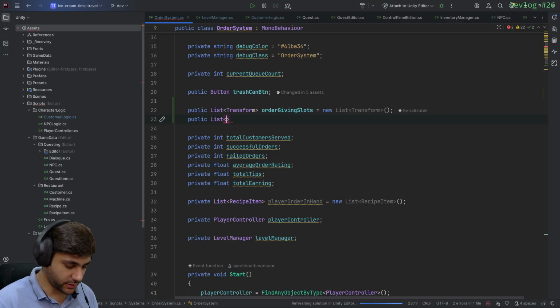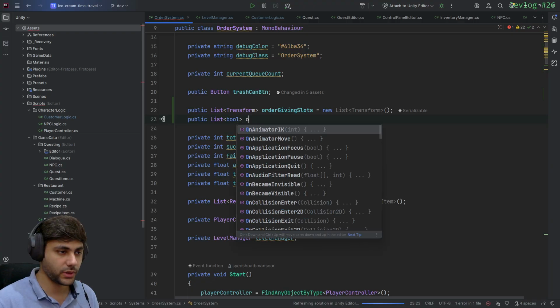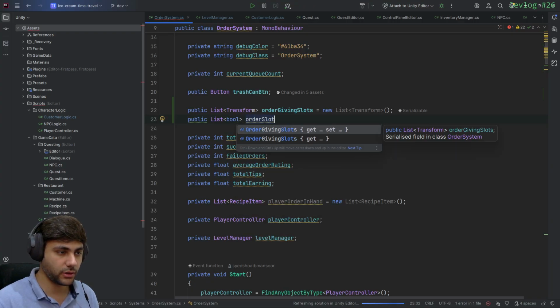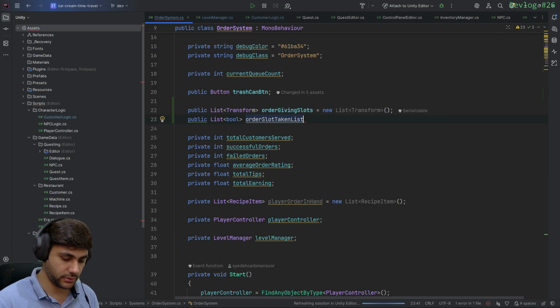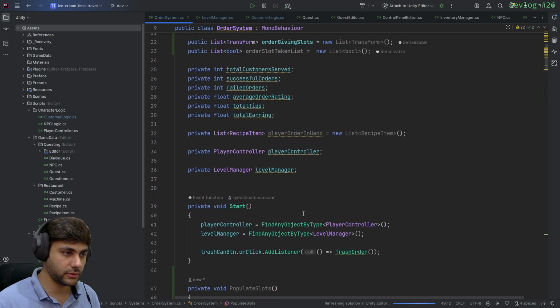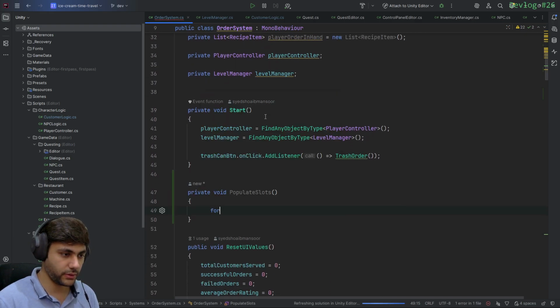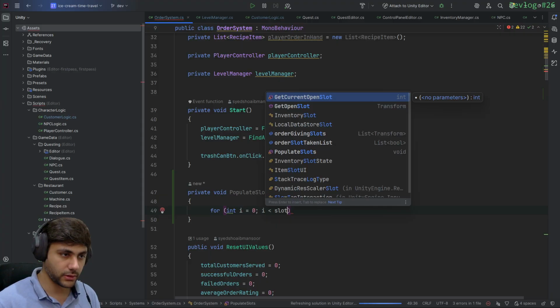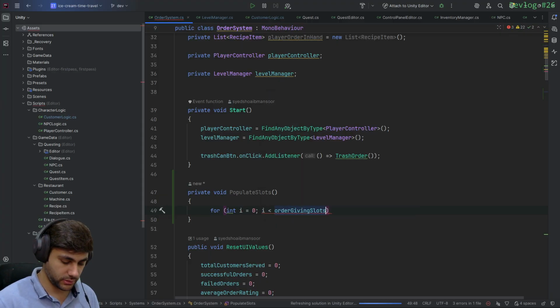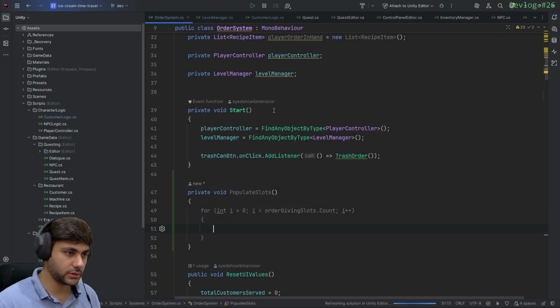It's the same thing. Okay, this is bool order slot taken list is equal to this, and do something like minimize this, then slot count, and